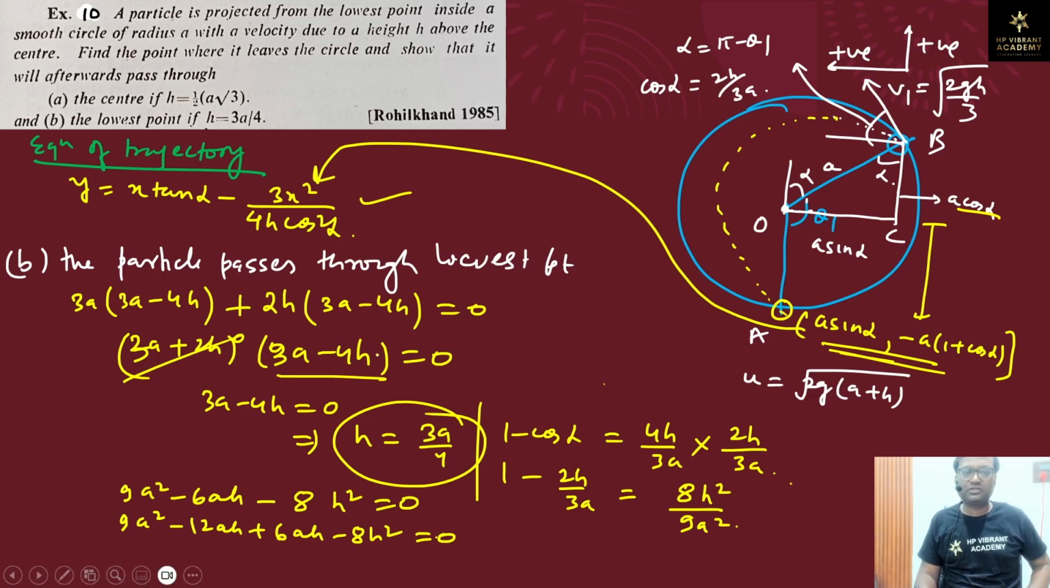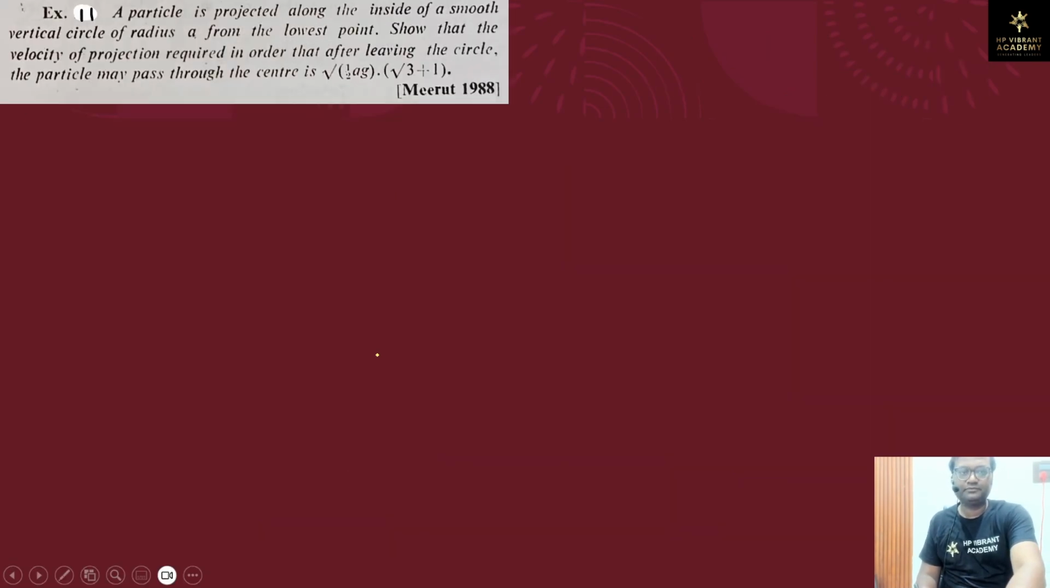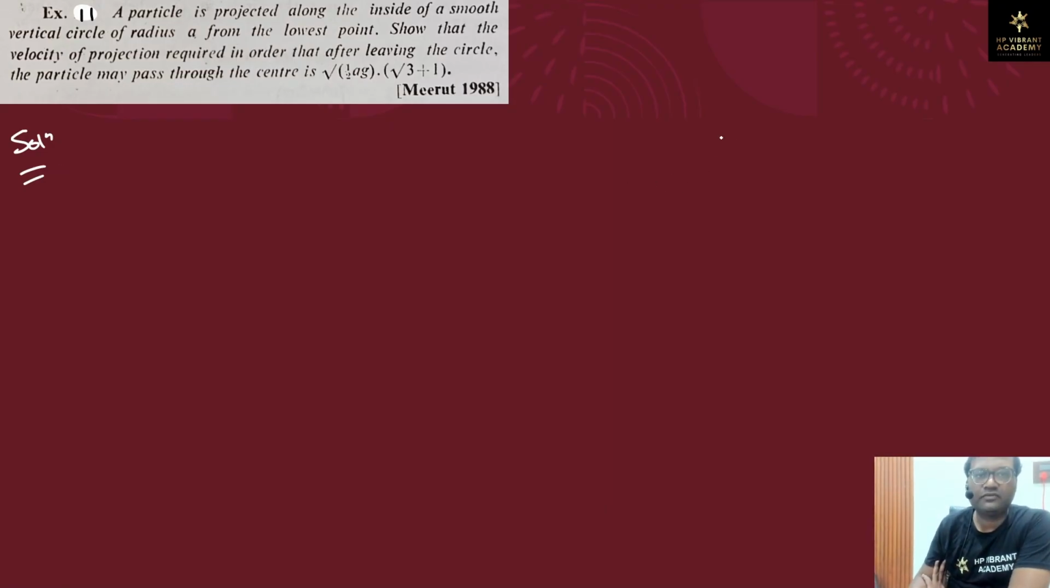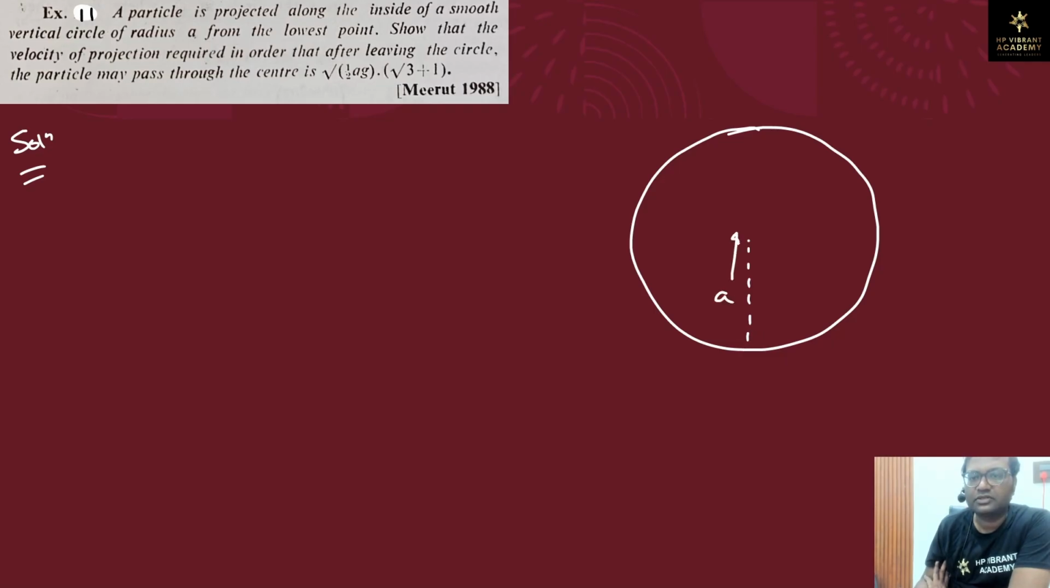Okay, so let us discuss question number 11. What is given in the question is that a particle is projected along the inside of a smooth vertical circle of radius a, from the lowest point. Show that the velocity of projection required in order that after leaving the circle, the particle may pass through the